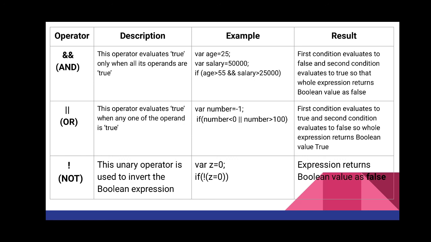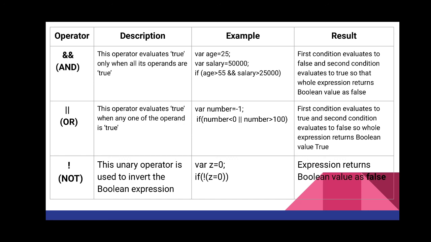Suppose my condition was age is less than 30. So was my condition true? If my first condition is true, then only it will check for the second condition. If the first condition is false, it does not need to check the second condition, because the result is going to be false. Understood? So let us move to the next.